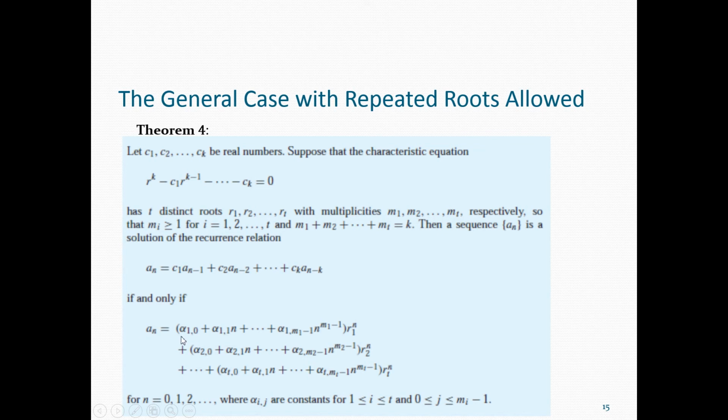R1 is of multiplicity m1, right? So you just need to understand the idea. The root r1 is of multiplicity m1, okay? So how will we write the expression for r1? Alpha_{1,0} plus alpha_{1,1} n, okay? The coefficients of the first root are denoted by alpha_{1,j}: alpha_{1,0} plus alpha_{1,1} n plus alpha_{1,2} n^2 up till